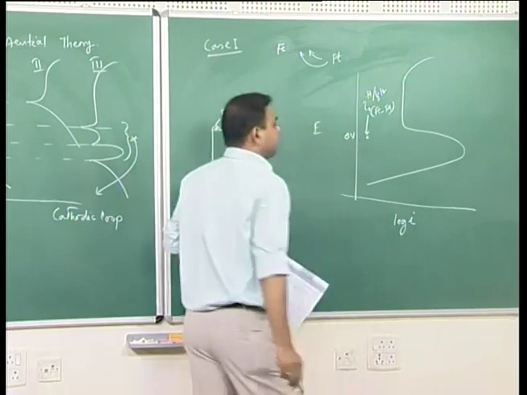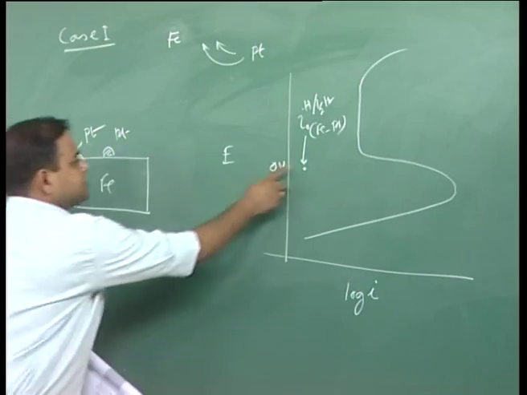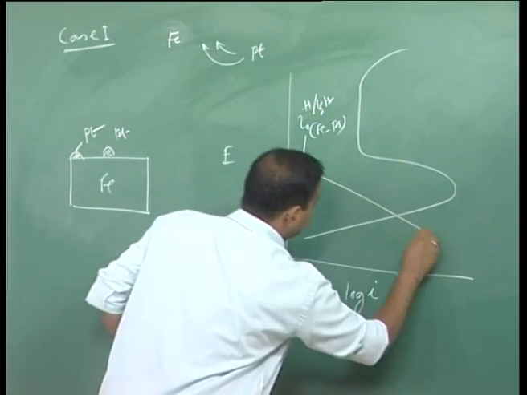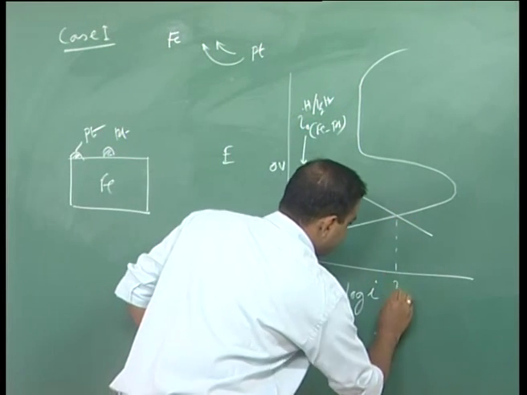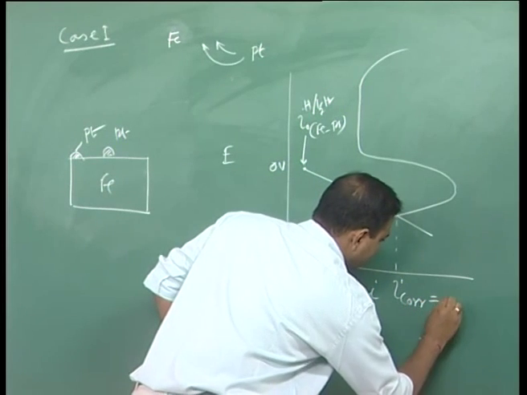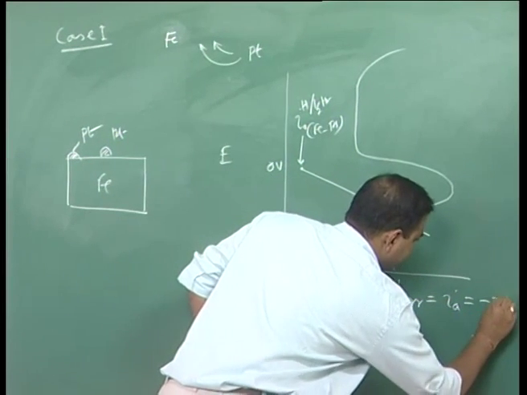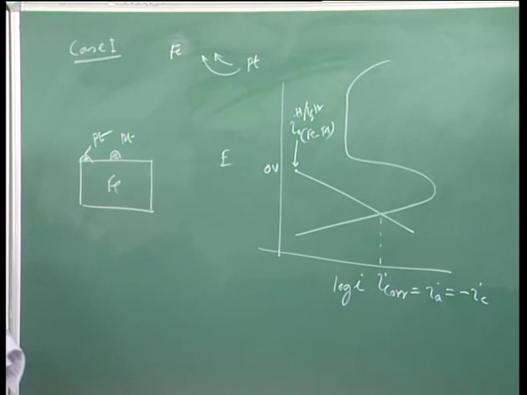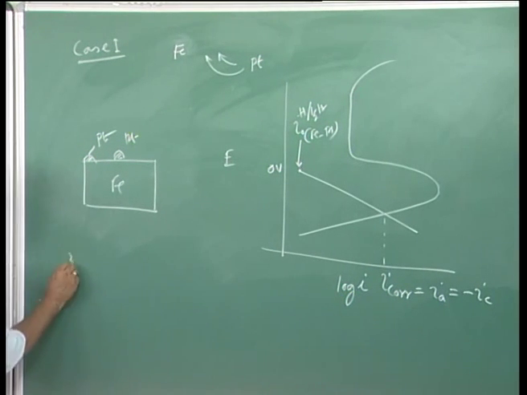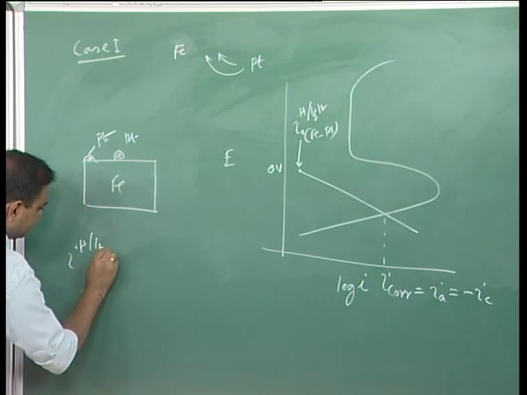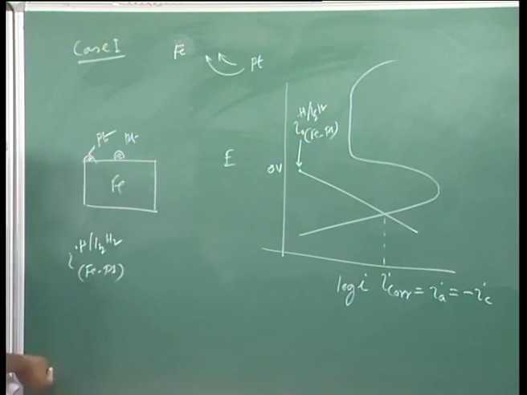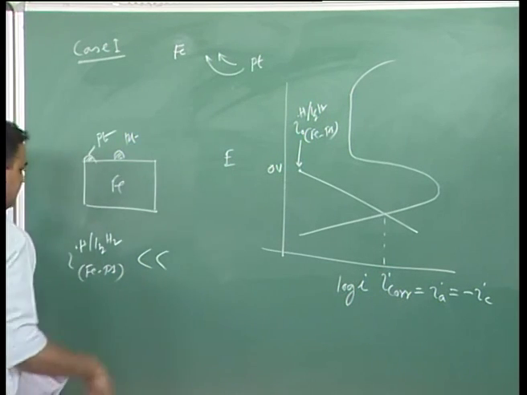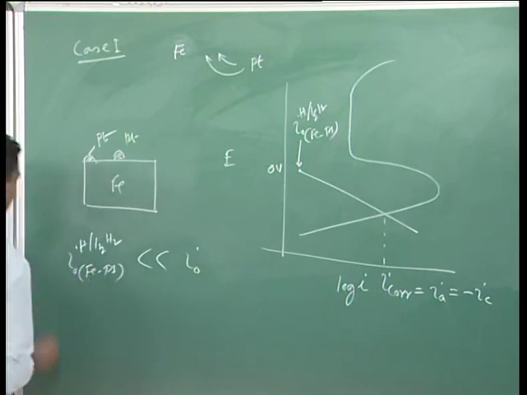This is iron platinum alloy. I0 position is this one. So, I will get the polarization, we have to see the cathodic as well as anodic polarization, and this is my line where I get I corr equal to IA equal to minus IC. But once you have this situation, then IH half H2 on iron platinum is less than I0,